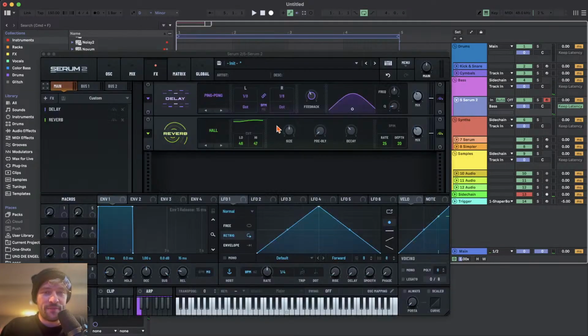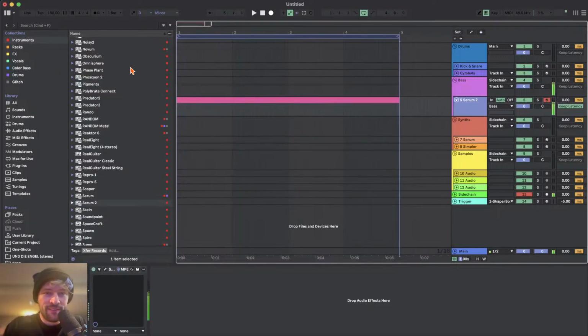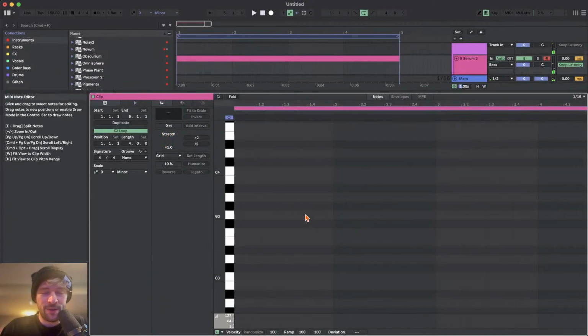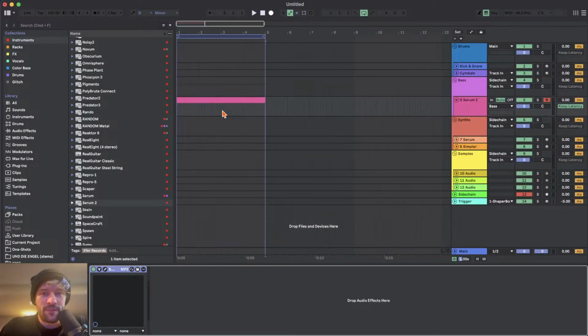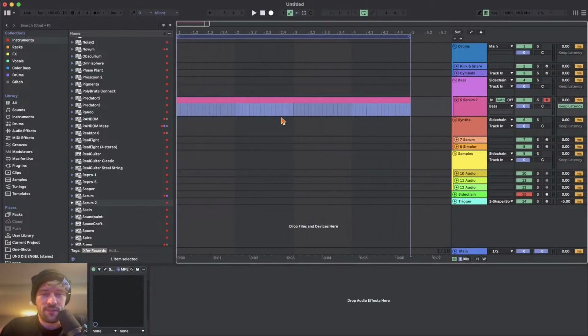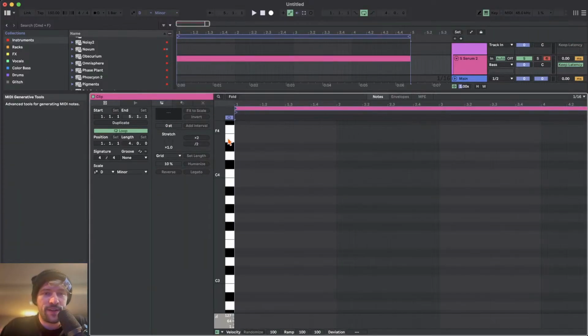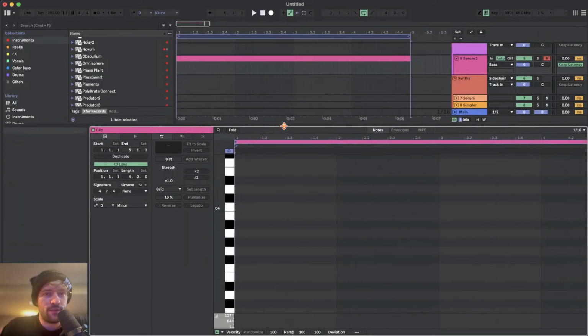Okay, so to start with, I've just made a little triangle wave with some delay and reverb here, so we have something that doesn't sound too annoying that we can write some chords with. And if you aren't super great at chords, if you haven't had a crazy amount of piano lessons or guitar lessons or something, it is absolutely fine to use the help that Ableton gives you, for example,